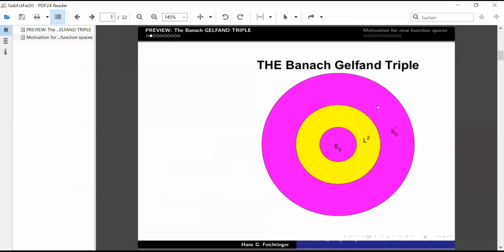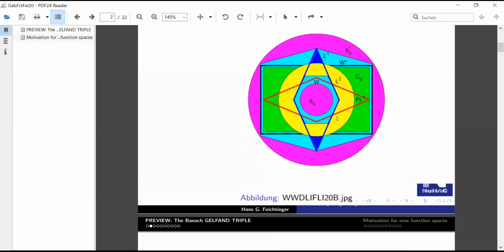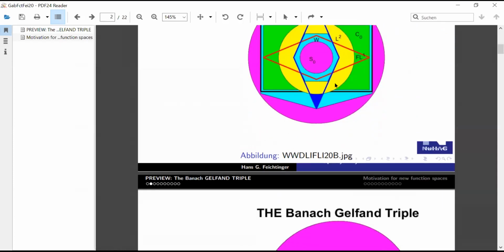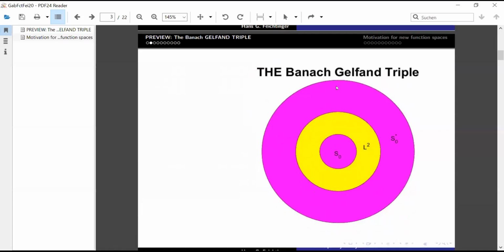Okay, so I go back. The first slide was this one with all these function spaces. And now we have the Banach Gelfand triple. So the outside is like the complex numbers. First you're saying, well, imaginary unit, you don't know if it exists, or engineers learn there's a delta, but it's not really a function, but you can work as if it was a function, but it's very useful,